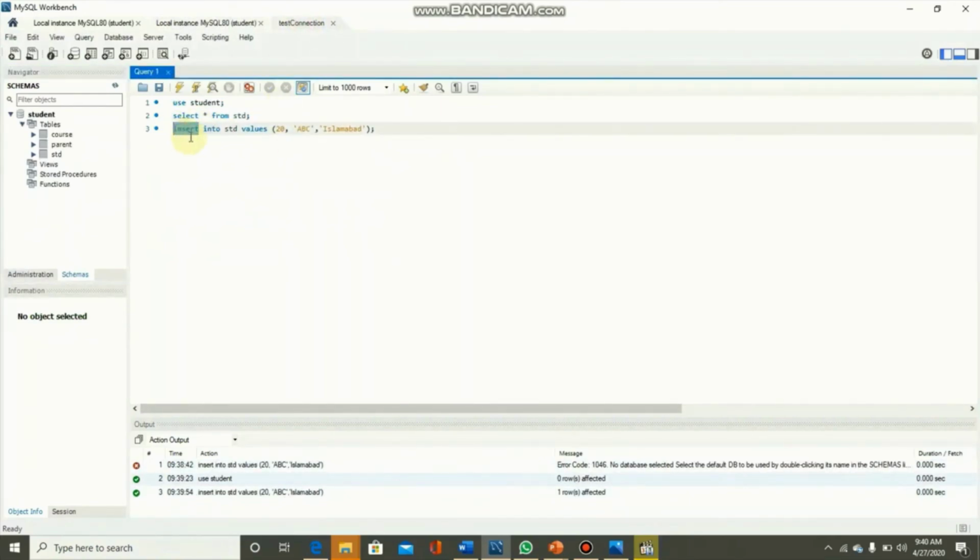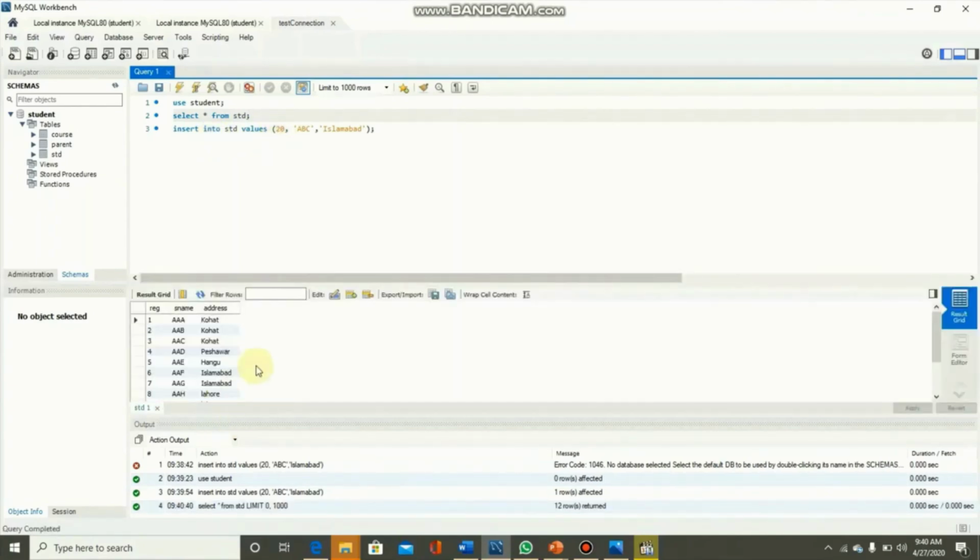After that this query worked. Now if we look into the table, we will have this registration number 20 in the list. Yes, it is present here.